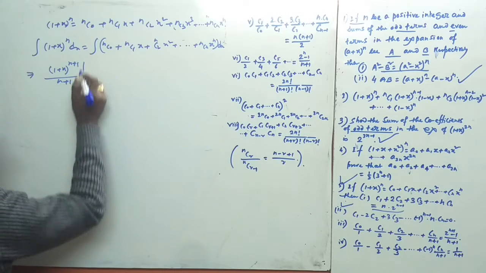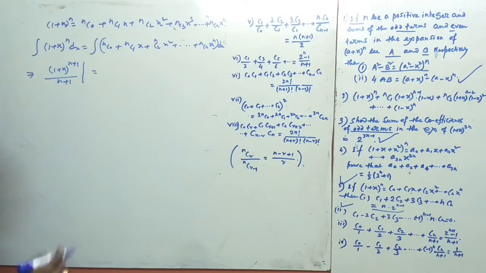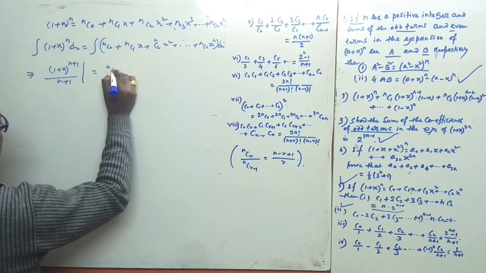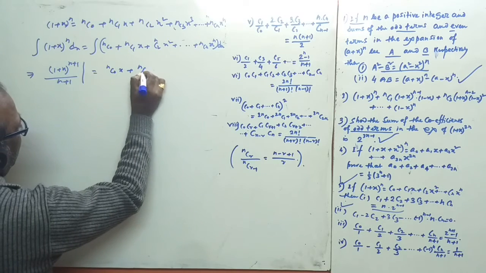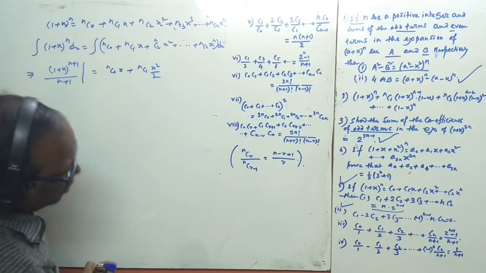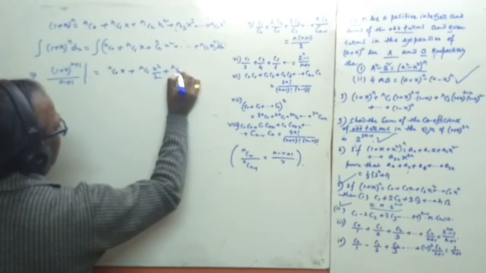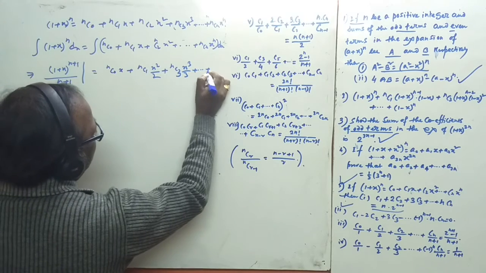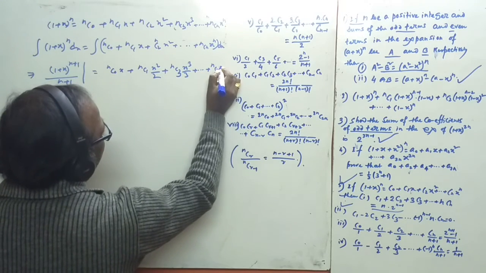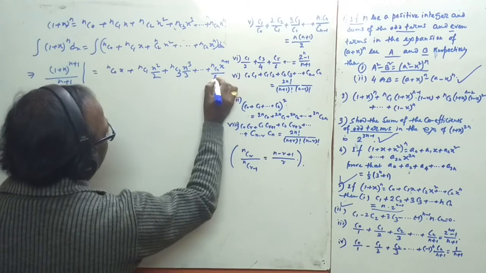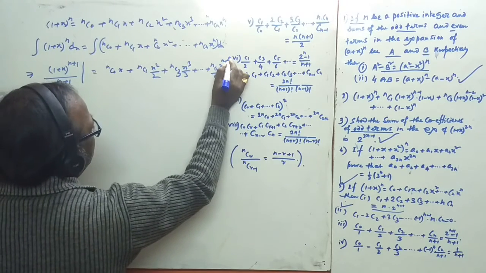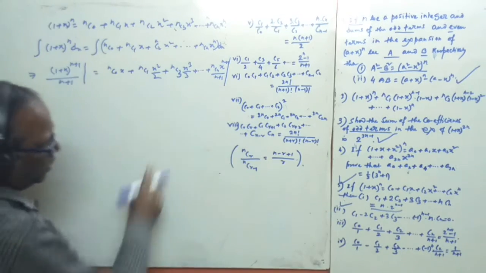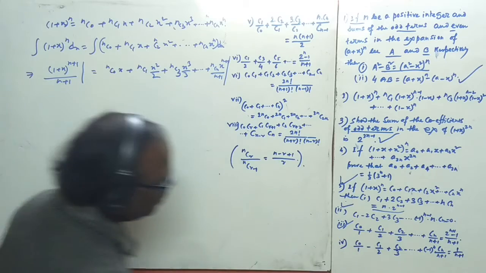So you have to use some limit. Which was the limit there? Just simply integration, and this is x, nC1 x square by 2, nC2, nC3 x cube by 3 here, and plus dot dot, nCn and x to the power n plus 1 by n plus 1 here. And now see, use the limit here. If we put 1, then we got the relation.